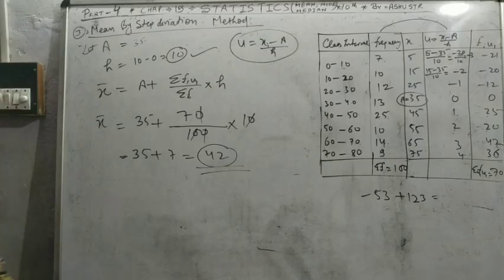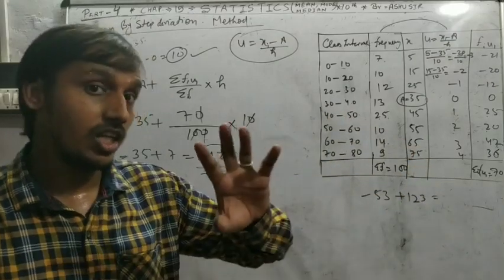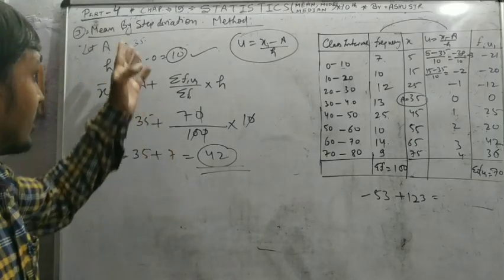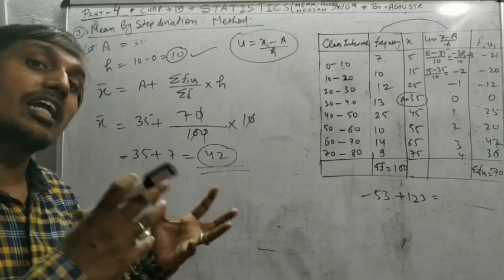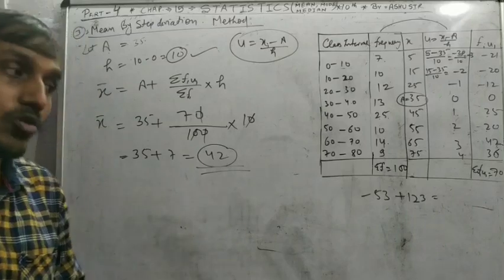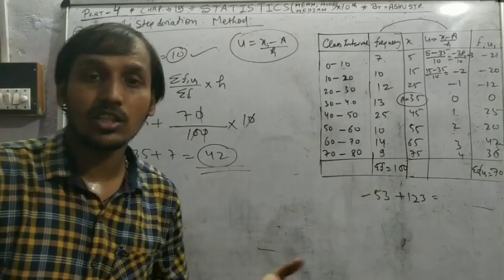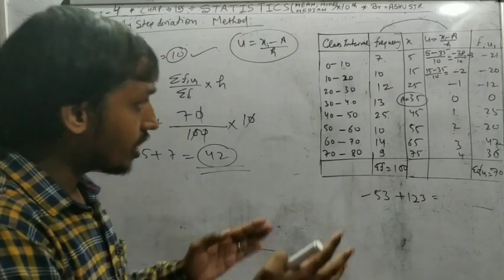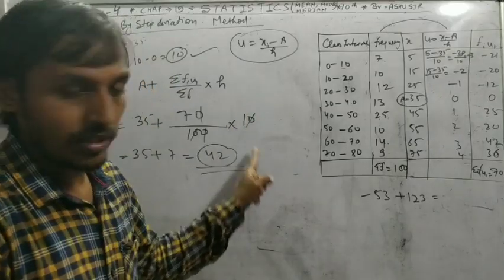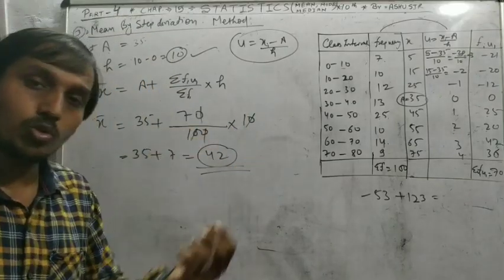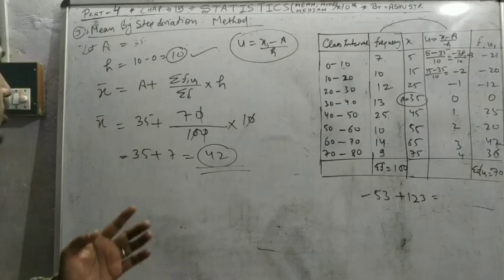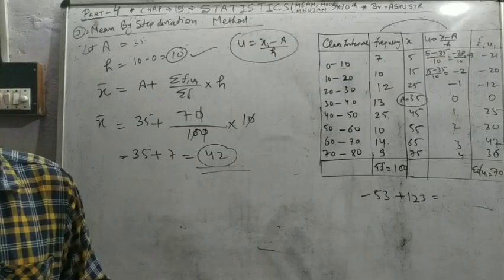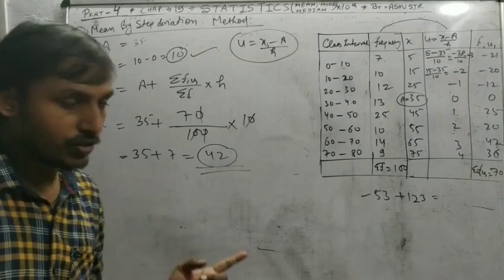And the concept is clear, that's the more important thing. You find the step deviation method or assumed mean method for the greater data. If the data has more values, you can find the assumed mean method or standardization method, because they separate the common values in terms of h. So the solution is easy by solving the standardization assumed mean method, meaning less multiplication. Okay, pause video, note down.